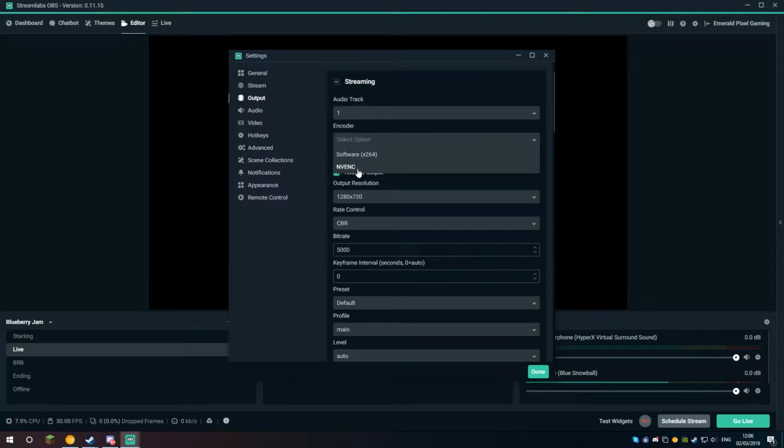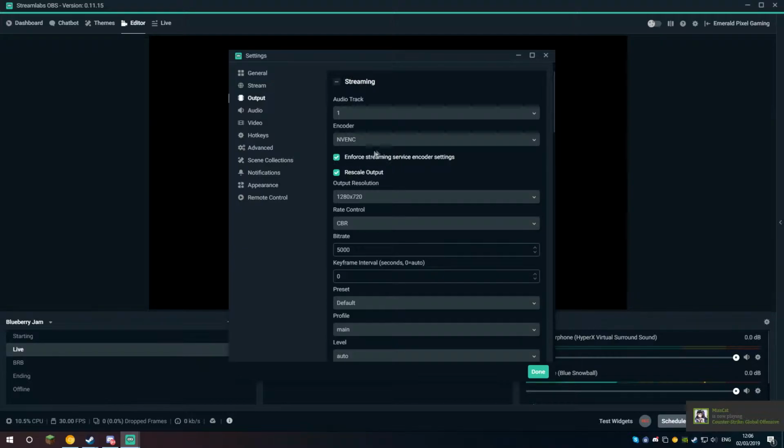Encoder, if possible, select NVENC. So I don't bore you with details of technology, the easiest explanation is that it's going to make your FPS better. So just select NVENC, scroll down a little bit, and tick these two, and especially Rescale Output is most important,